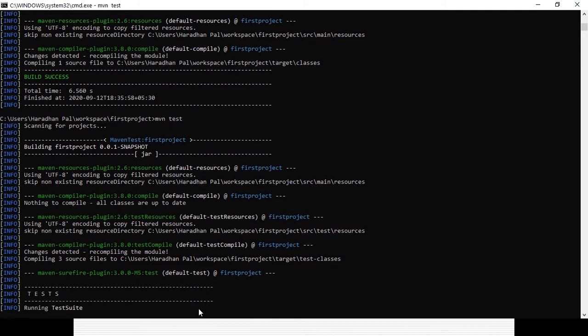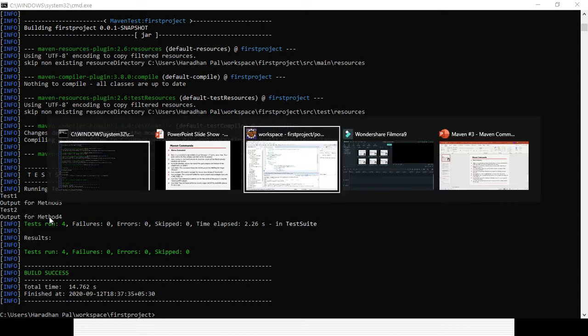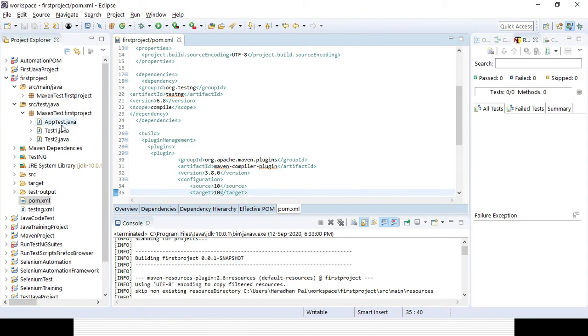Okay, running the test suite, output is coming and the build is a success. Here you can see all are green. Tests run 4, failures 0, errors 0, skipped 0. The output is test 1 and output for method 3, test 2 and output for method 4, because there were two classes available.